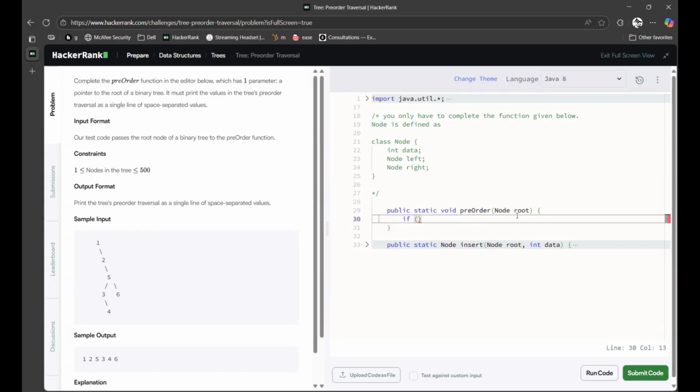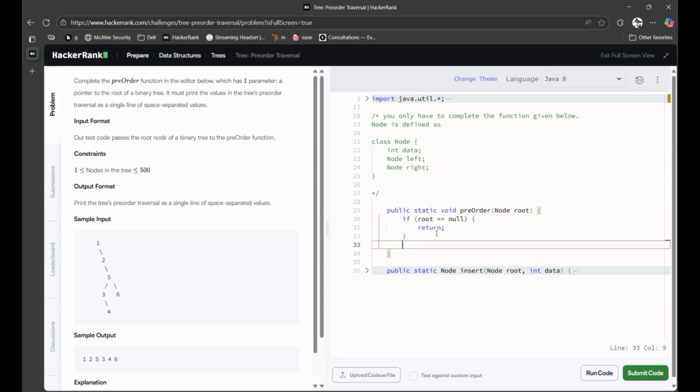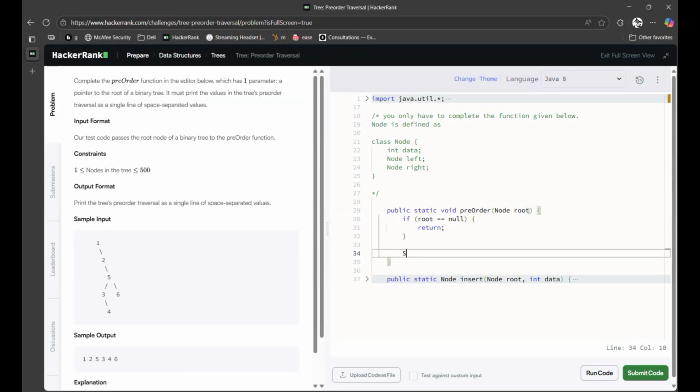When the given input, which is called root here, is null, we're going to just return, not do anything, and see it's void. Else, if there's a node to process, we're going to process it. In this case, they want us to print the values. We're going to do